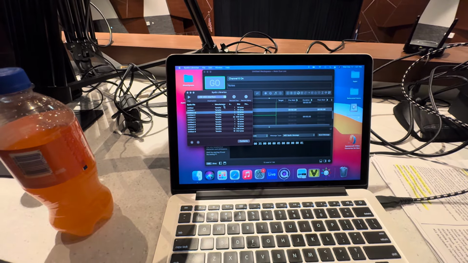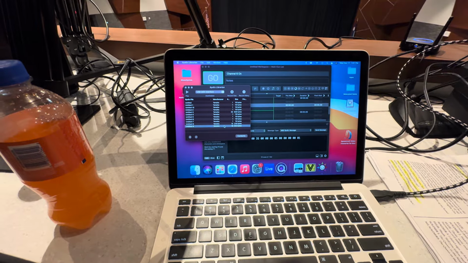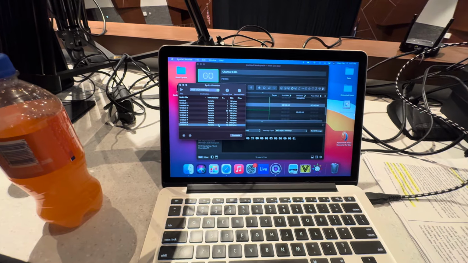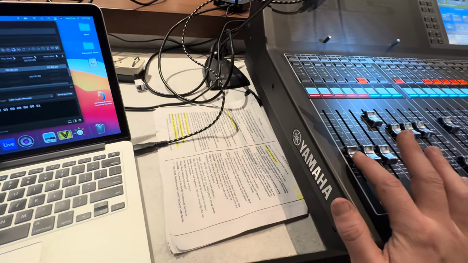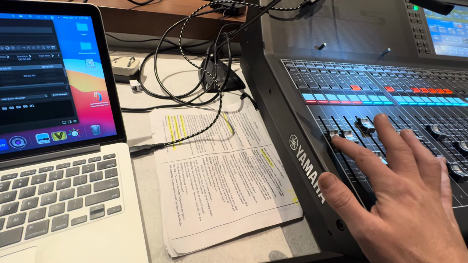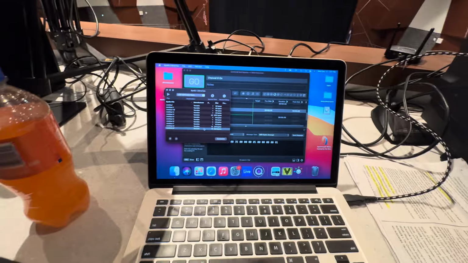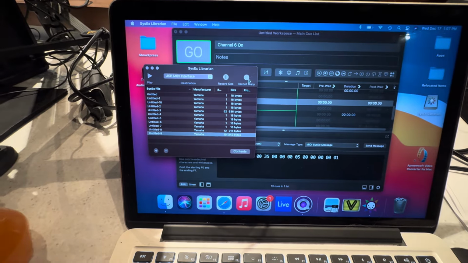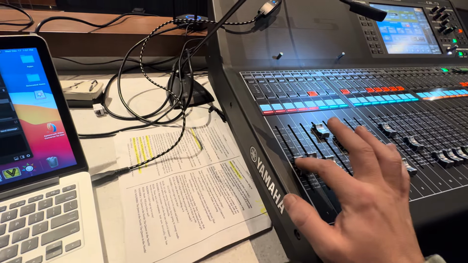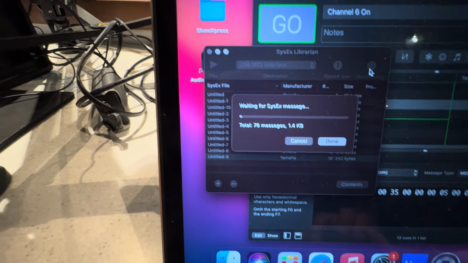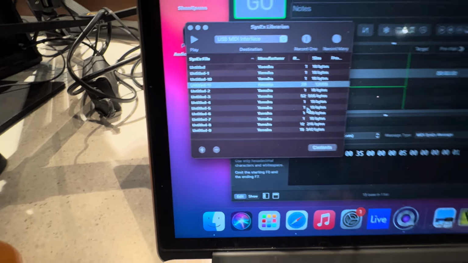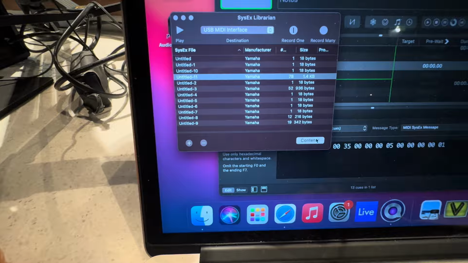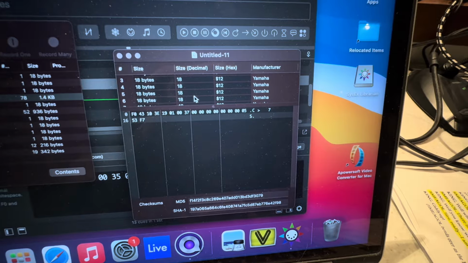SysEx Librarian. Now, when you think about fader levels, that gets a little bit more complex because you want to go, for example, from here to here. What you would do in that case is you would record many, and then do whatever action that you're doing. And you'll notice here, there's a total of 78 messages. That's insane. So if we go to the contents of those now, we want to go all the way to the